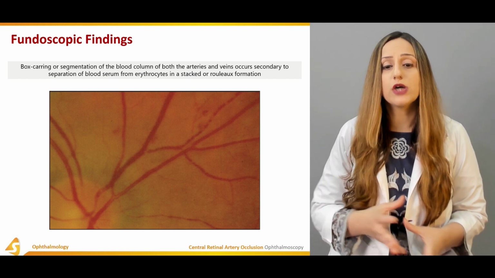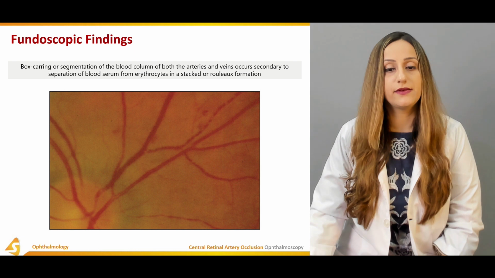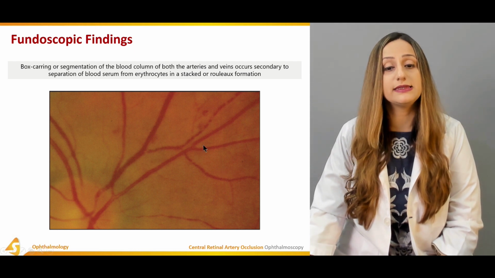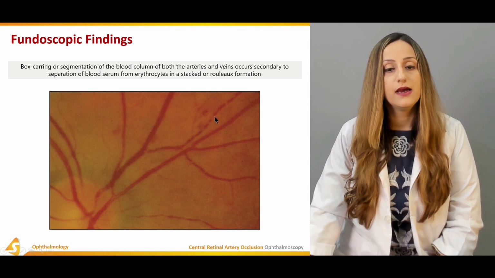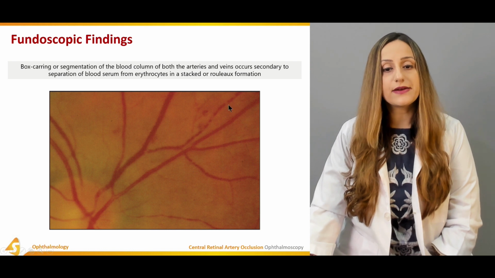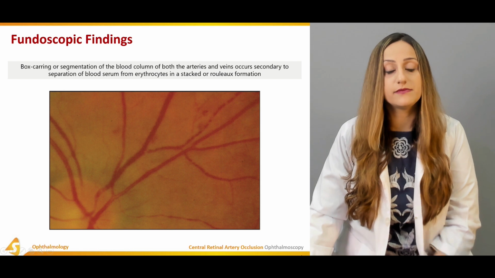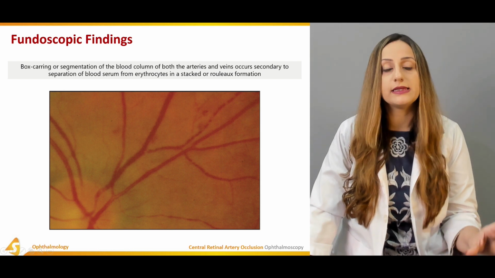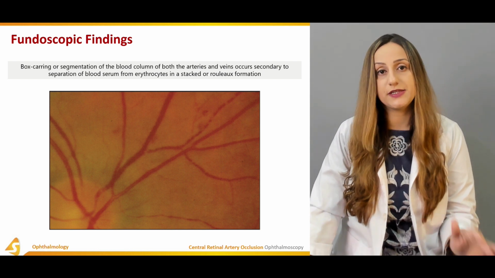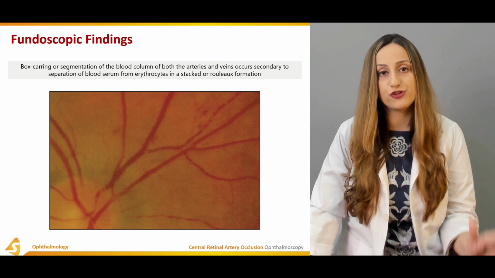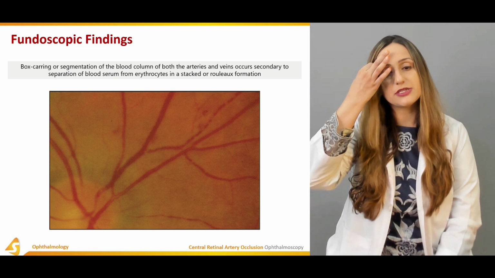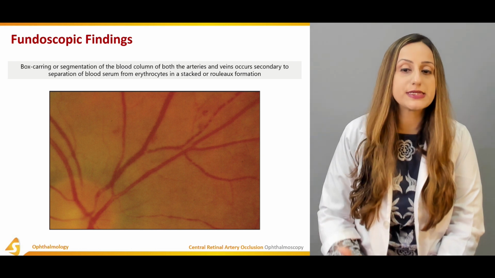Then we have the box carring appearance. That is again very important over here. You can see this cattle trucking that is seen over here. This cattle trucking that is observed on the fundoscopy is basically forming the foundation towards a definitive diagnosis of the central retinal artery occlusion. Box carring, or the segmentation of the blood column of both the arteries and the veins,